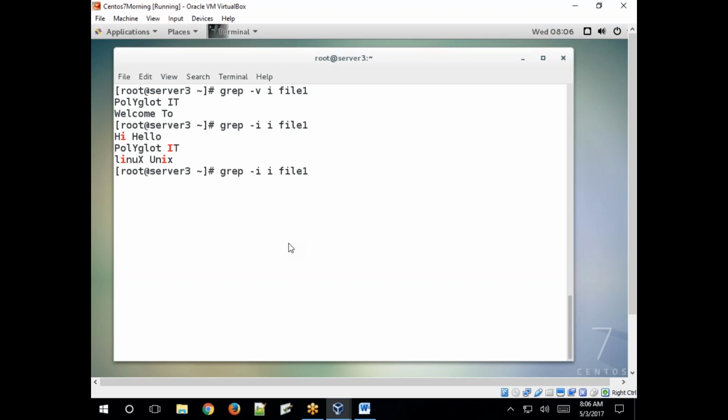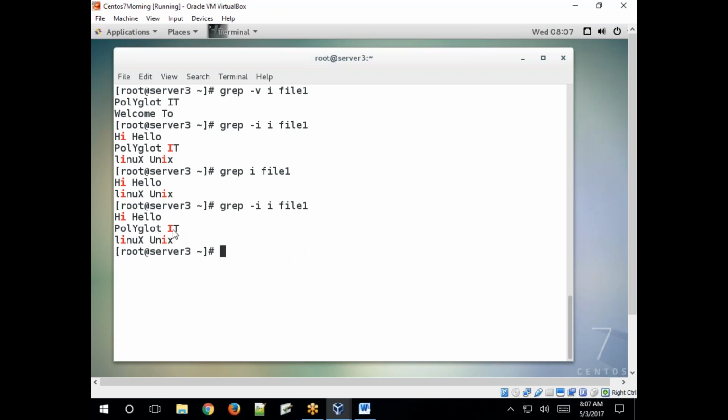Without -i, it returns only two lines, because we are searching for lowercase i. If you specify option -i, ignoring case, both uppercase and lowercase, it now returns three lines, because one of them has the i in capital letter. So with ignore case -i, it returns lines matching both lower and uppercase. Clear?